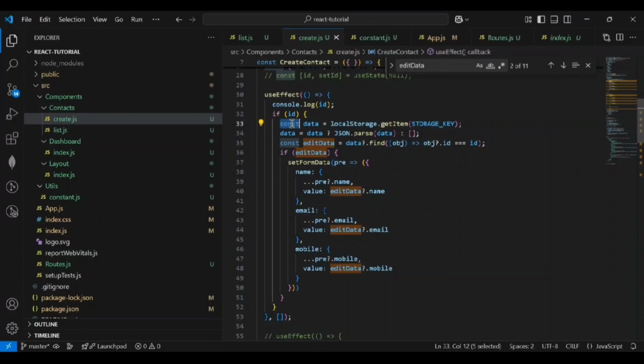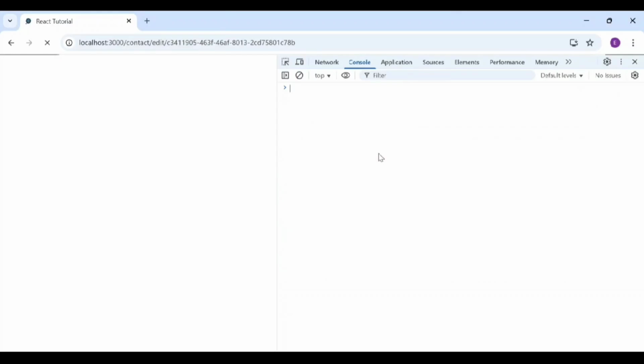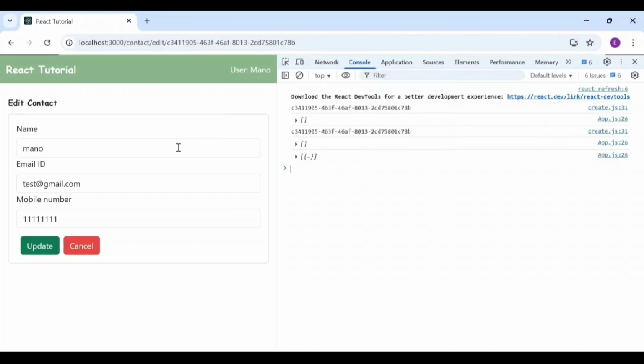I need one more change, so I'm just changing const to let here. Yeah, looks like it works, and it is loading the data of a particular ID, and we are just modifying